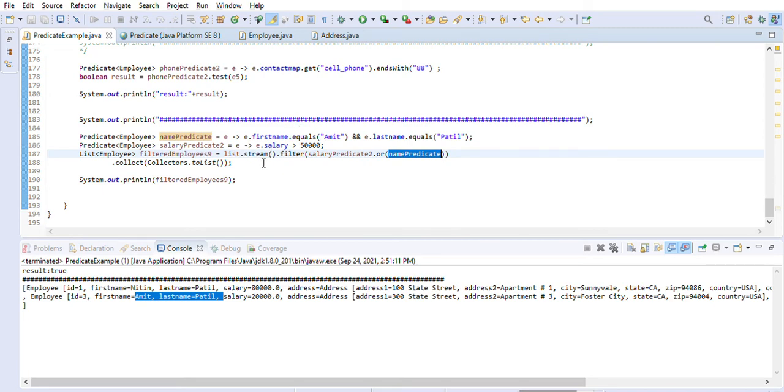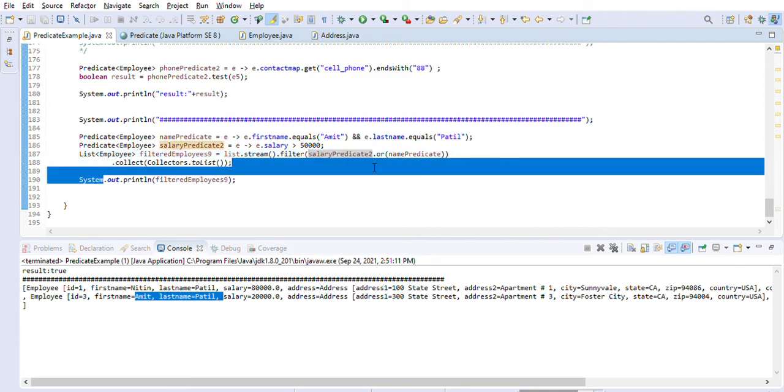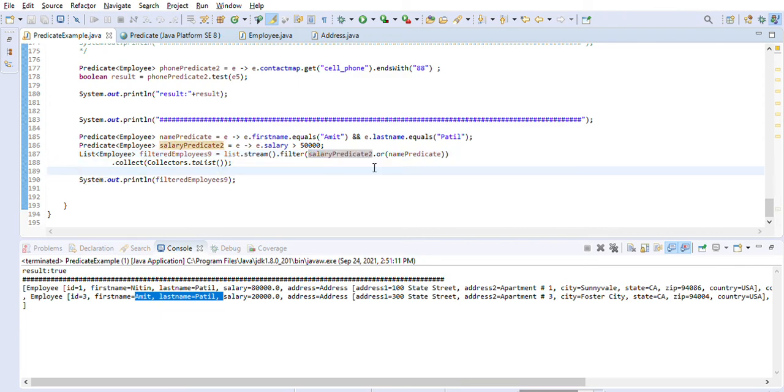So we also tried to do predicates with combining multiple predicates as well as running the or condition on two predicates. So I think this is a very good start for you guys to understand how predicates work in Java 8 with a working example.